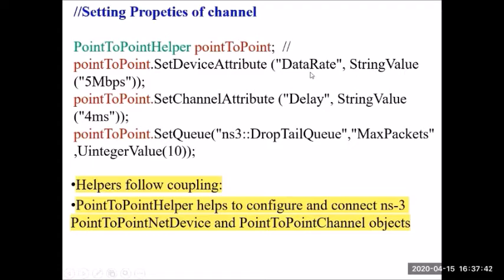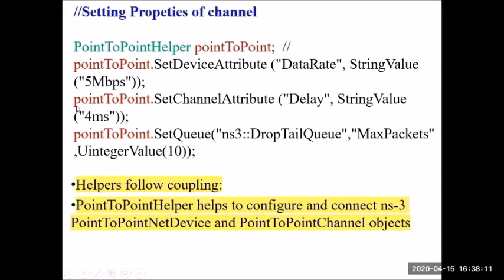If you go for help, you'll see what are the other available device attributes. Data rate is one of the attributes. I'll be setting this data rate to a value 5 Mbps. We can change this if you want. So you can set data rate to 3 Mbps, 1 Mbps, whatever you want. And this is how you use the method. So you use the method name and search in help. It will tell you what are the arguments it takes and how you should specify.